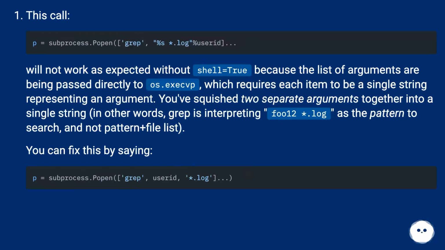I think you're running up against two problems. This call will not work as expected without shell equals true because the list of arguments is being passed directly to os.exec, which requires each item to be a single string representing an argument. You've squished two separate arguments together into a single string. In other words, grep is interpreting foo12*.log as the pattern to search and not pattern plus file list. You can fix this by saying